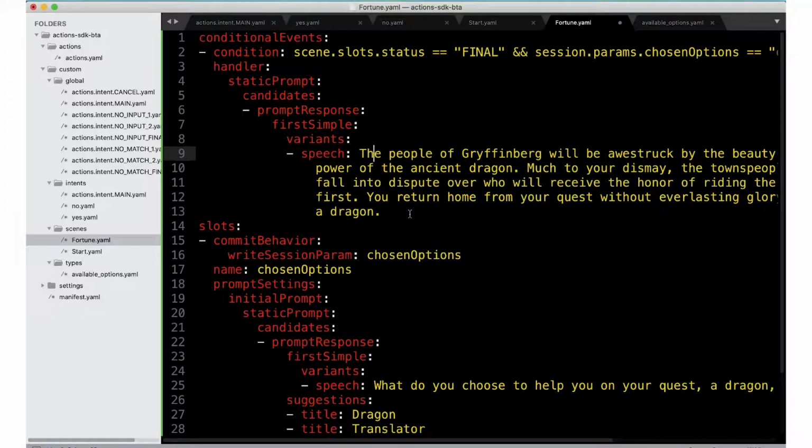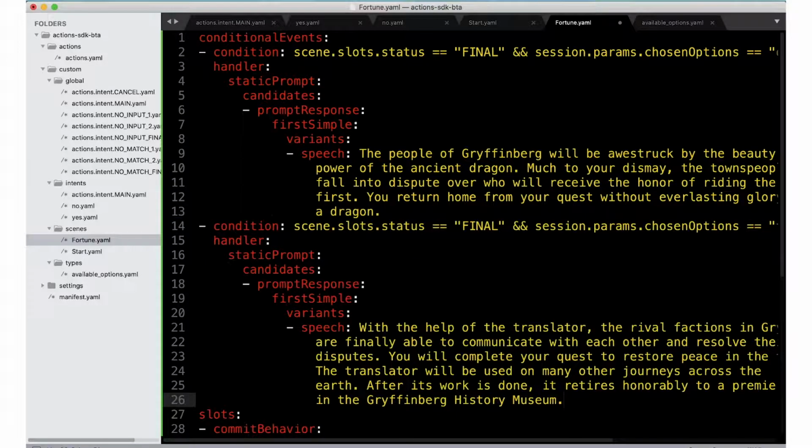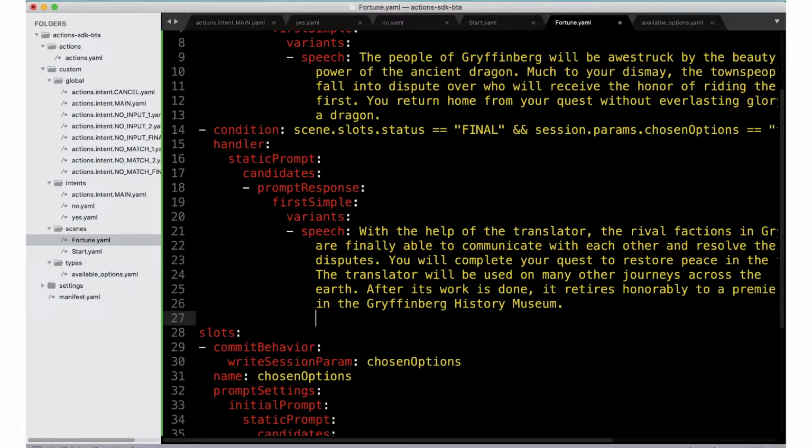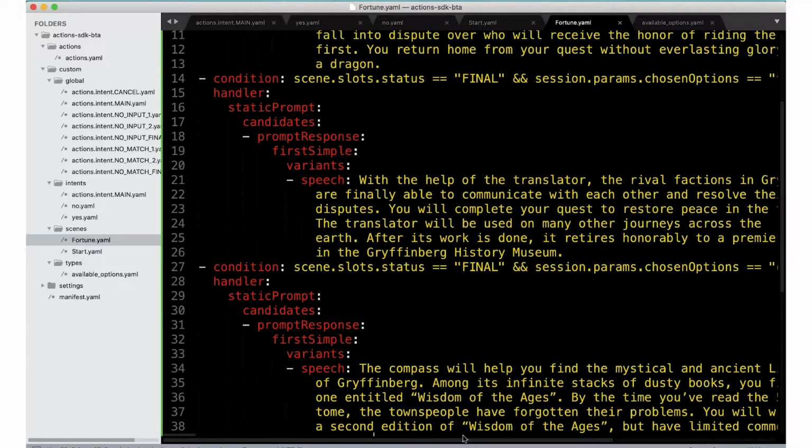Okay, so let me just grab the rest of these. Let me paste in the other conditions. So here's this condition, and then one more. Let me just grab it over here, and then paste that in down here. Okay, fantastic. So now we have our 3 conditions for the 3 options that we're giving to the